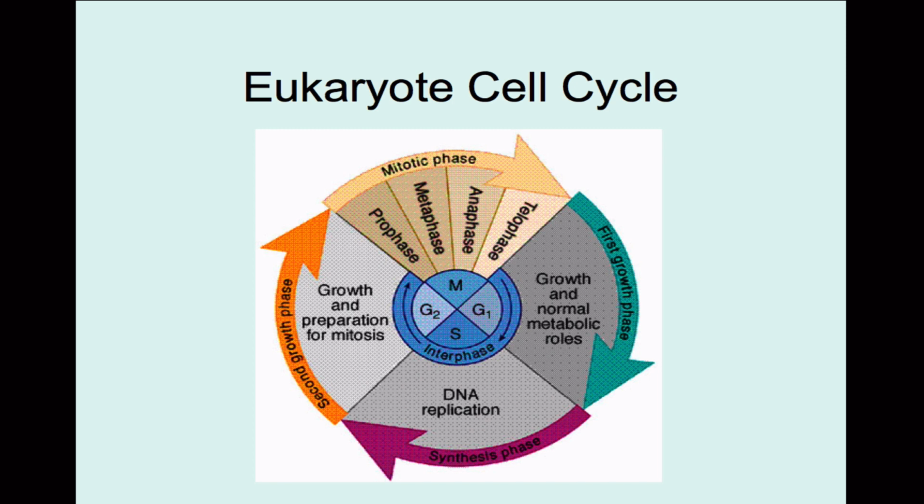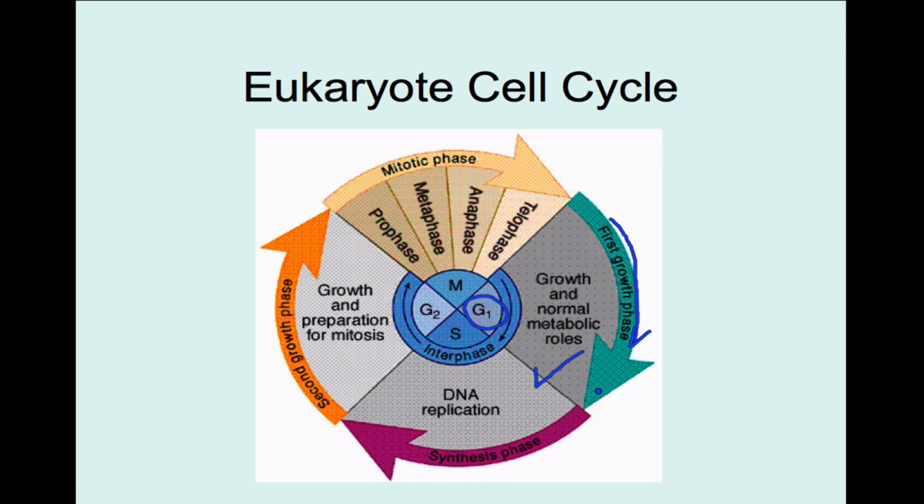So let's go through the cell cycle. We're going to start here with G1, and this represents the first growth phase. All right. Now, in this part of the cell cycle, the cell is growing, it is doing normal metabolism, it's reaching the correct size, and then once it gets through this growth phase, there's a checkpoint, and the cell checks and says, is everything okay?